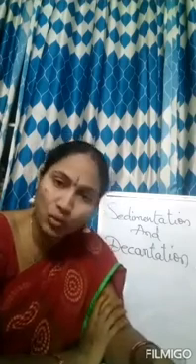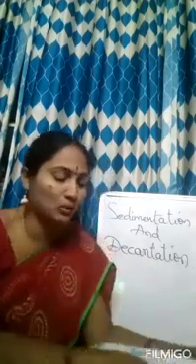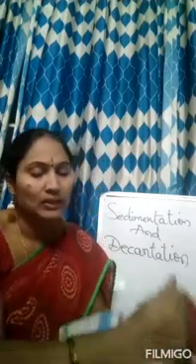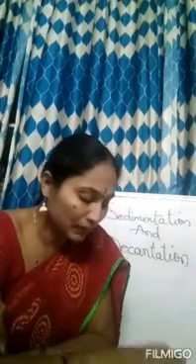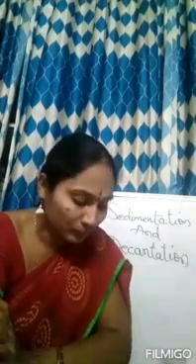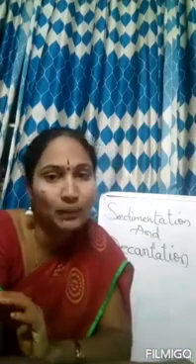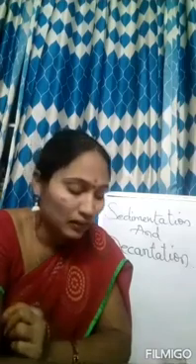You must have seen flour being sieved in the kitchen. The flour particles are very fine and pass through the holes of a sieve, but the husk particles, being large, are left on the sieve. This is called a sieve. You can see it in your kitchen. Before preparing roti, the flour is sieved with the help of a sieve. So what does the sieve do? It will separate the husk particles from the flour. If any small sand particles or some stones are there, it will also separate them.